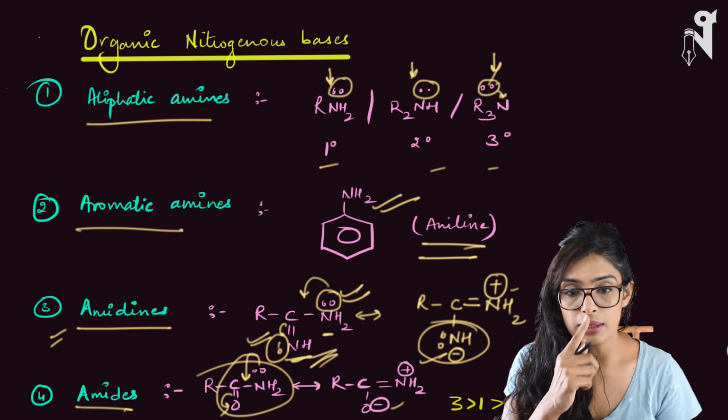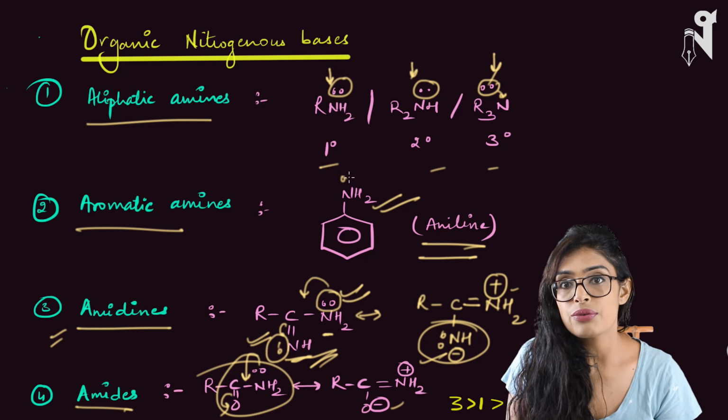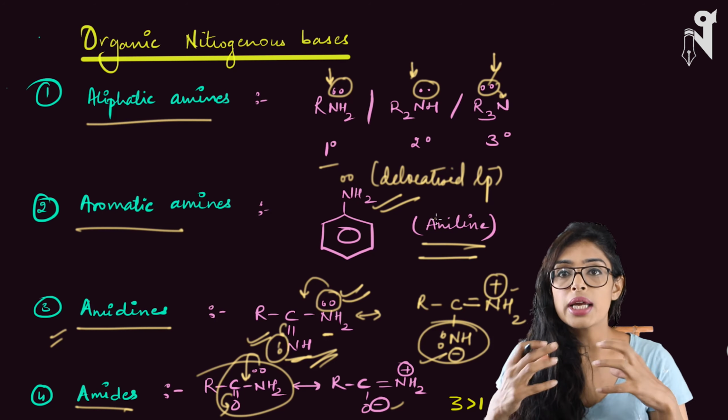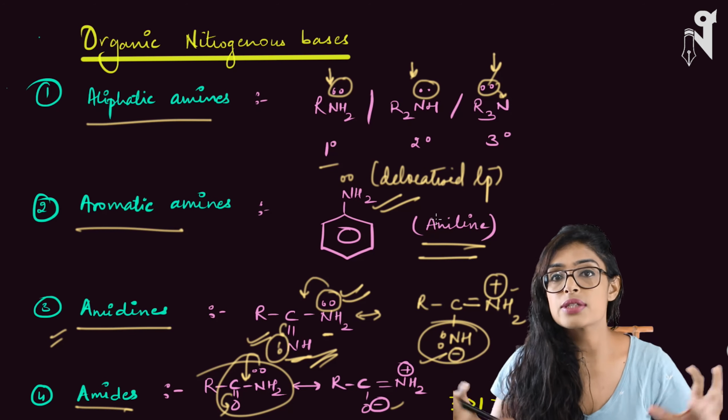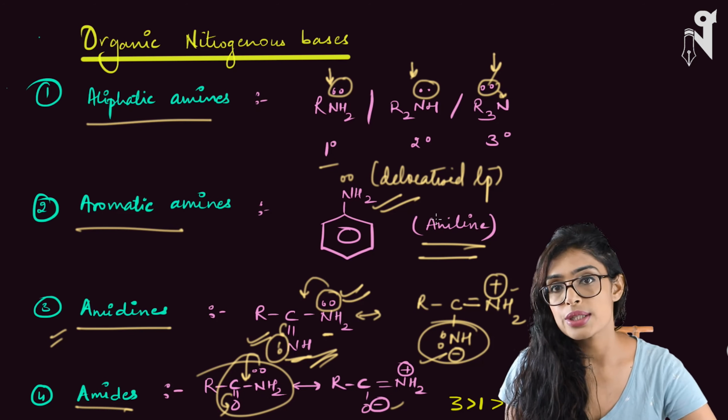Okay, look at the second compound. In the second compound, we have aniline. Aniline has a pair of electrons which will participate in the resonance. So this is a delocalized lone pair. So it is not with nitrogen. Out of 5-6 resonating structures, it is there on only 1 or 2 resonating structures. That's all. Look at aliphatic amines. Aliphatic amines have localized lone pairs with the R groups present on them. And look at the amides. In amides, the nitrogen has a lone pair, but that is again a delocalized lone pair because it is participating in the resonance we have seen over here.